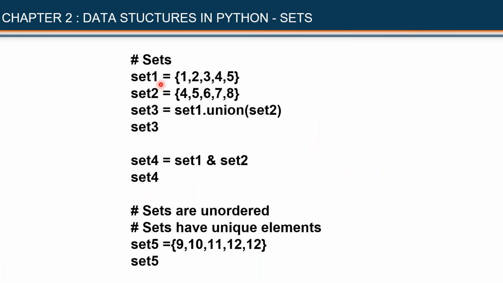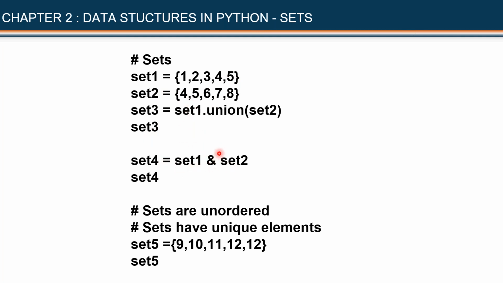Now say this is how I am defining the first set, set 2. Now in the good old days when we were in school, we learned about union of two sets and intersection of two sets, right? Now when you find the union of these two sets, what will you get? Right, all these values will be available in the union new set. All these values will also be available, but here one important point is that these two values are in set 1 and also in set 2, but they will be written only once in this set. Now at the time of execution, I will explain once again.